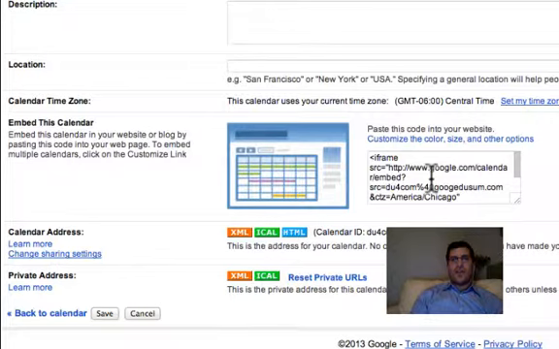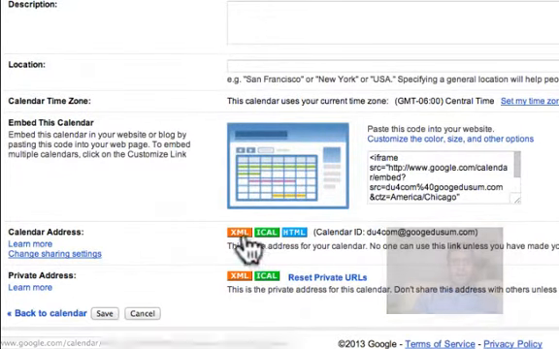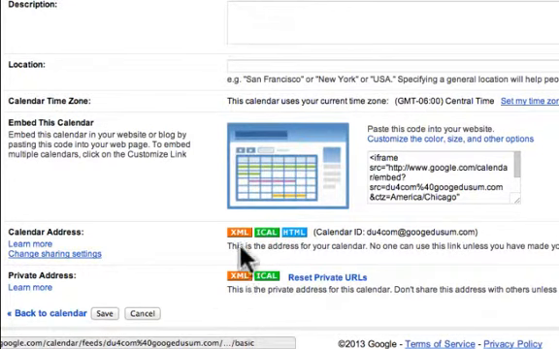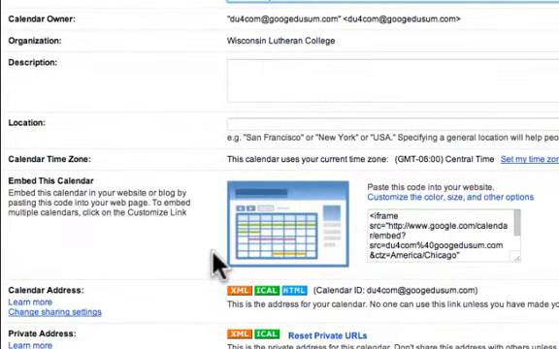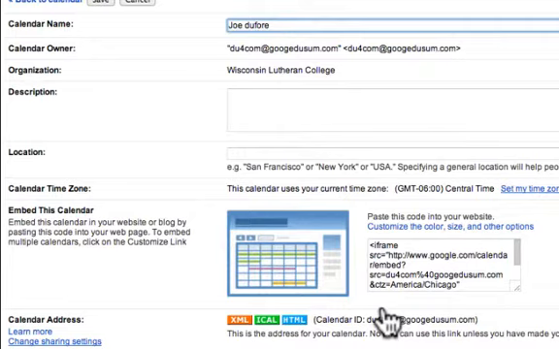Then also right here, if you ever want to embed your calendar in a Google site, a different website, or a wiki space of any sort, you can grab what's called an embed code here, and copy and paste that coding into an HTML area on a website if you desire. You can also have people subscribe to your calendars using some of this XML or these live feed data right down here. But for all intents and purposes, most of you will probably not mess with these deep down calendar